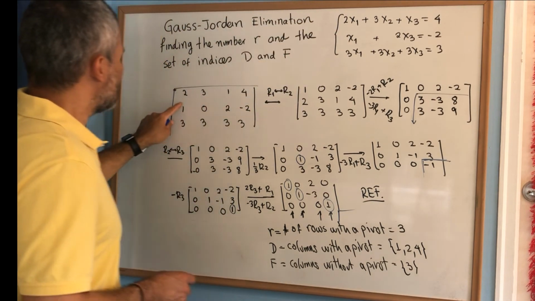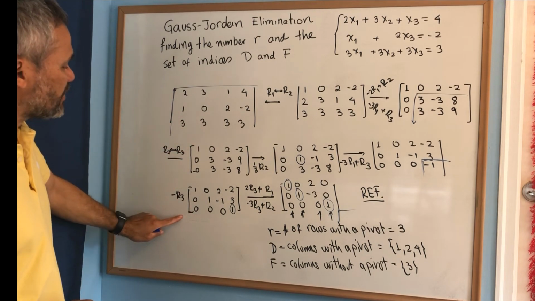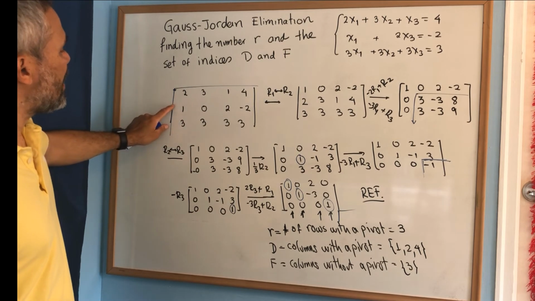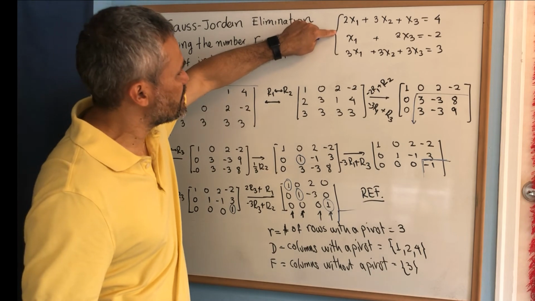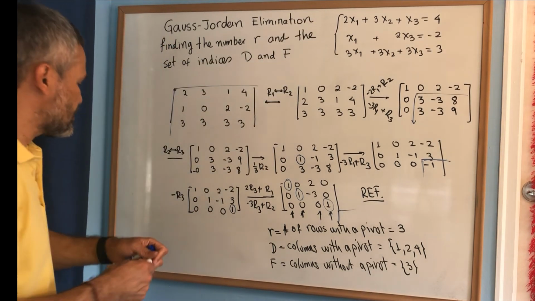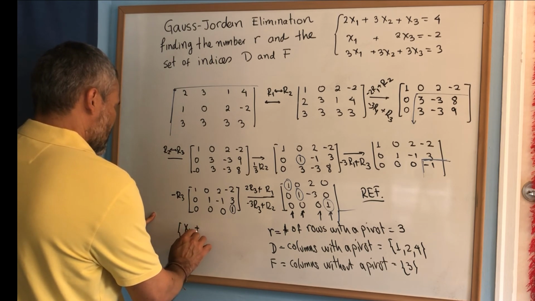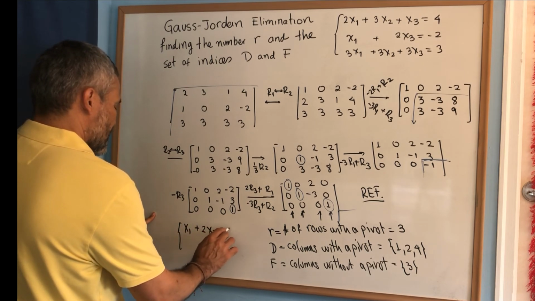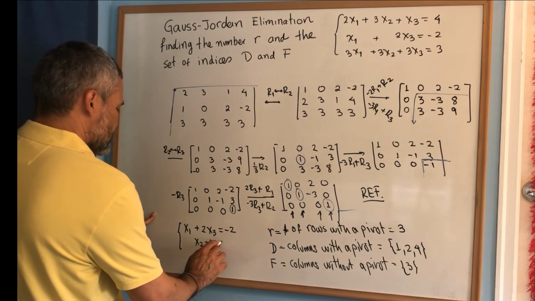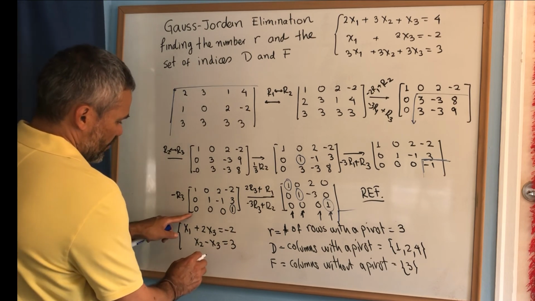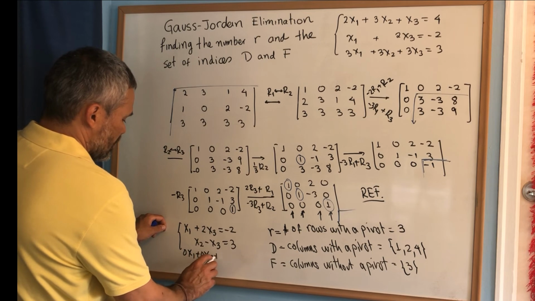augmented matrix of this system is this one, and these two matrices are row equivalent. That means that the system associated with this matrix is equivalent to this system. That means it has the same solution. The system is this one, x1 plus 2x3 equal -2, x2 minus x3 equal 3, and here you have 0x1 plus 0x2